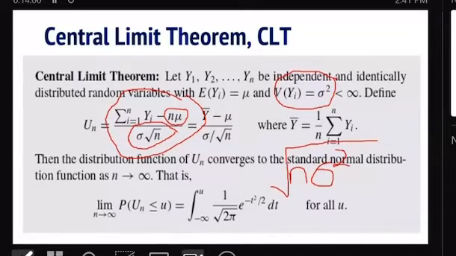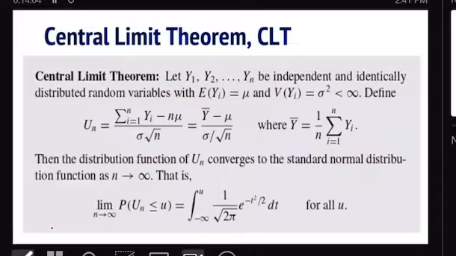Okay. Now what we're trying to say is this. If you are working with y1 up to yn that come from a distribution other than normal, if we make this attempt, we want to figure out the CDF, the cumulative distribution function of the distribution. It's always an uppercase, less or equal, right? Now as n tends to infinity, that CDF will converge to the CDF of a normal distribution.